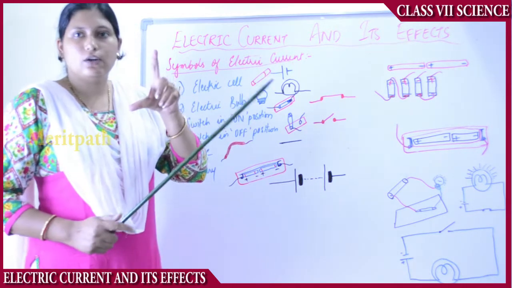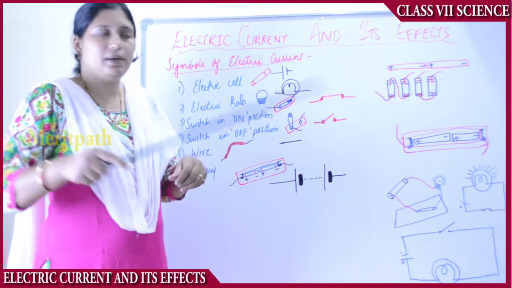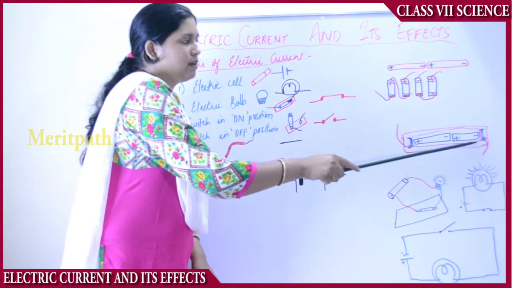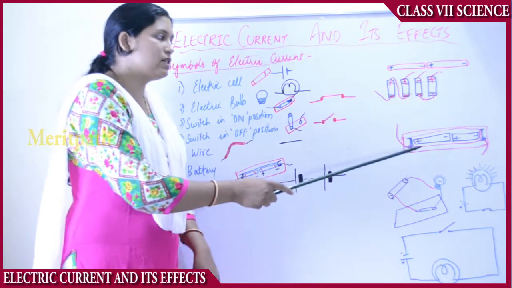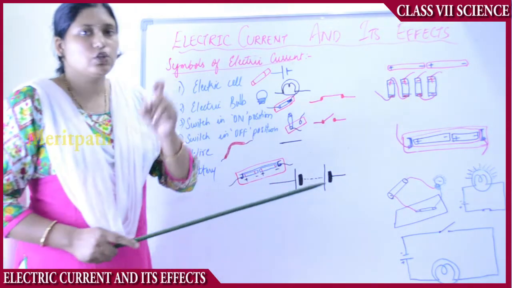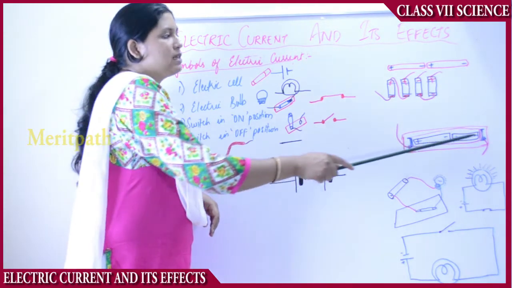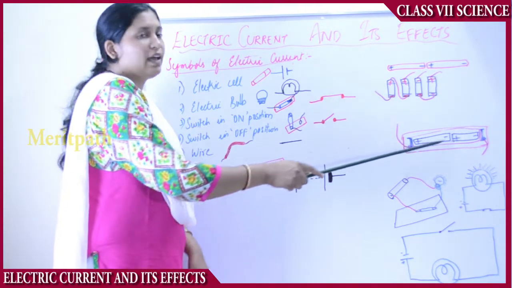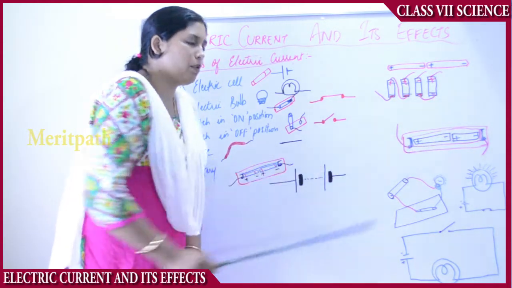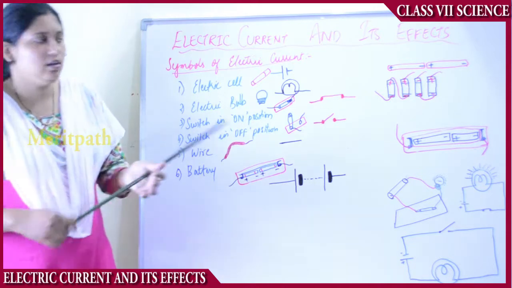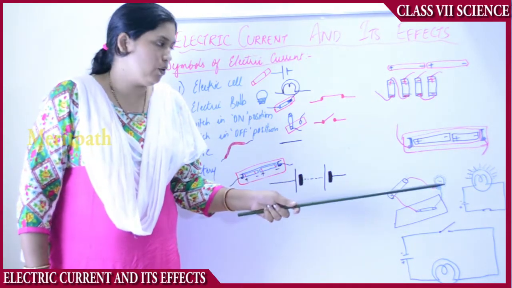In a torchlight also, the cells will be placed one above the other. So how will the circuit complete? Surrounding the cell, a thin strand of wire will run. That is how the circuit completes. When the switch of the torchlight is switched on, it touches these metal plates surrounded by this thin strand of wire. At that time, the negative and the positive terminals of the cells touch each other. This wire will touch these metal plates, the circuit completes and the bulb glows.